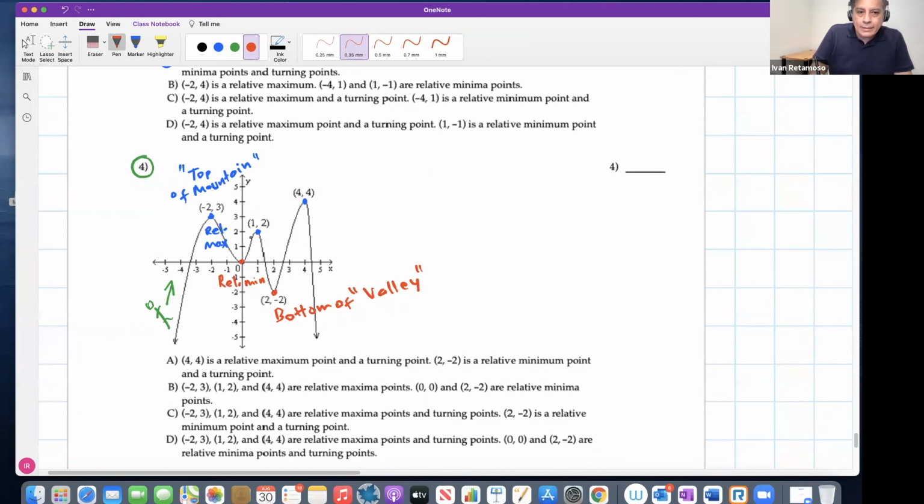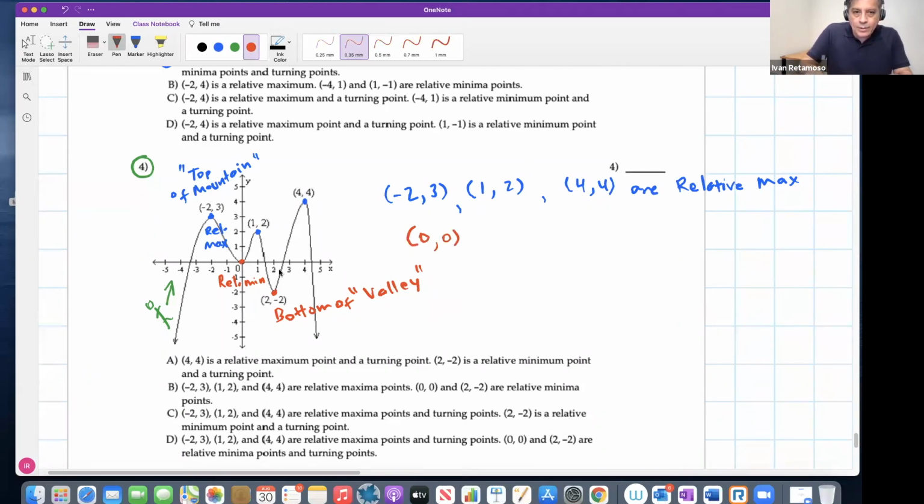All right. Relative maximum is the ones in blue, relative minimum is the ones in red. So we gotta say that -2,3, 1,2, and 4 are relative max, right? And 0,0, this one at the bottom,